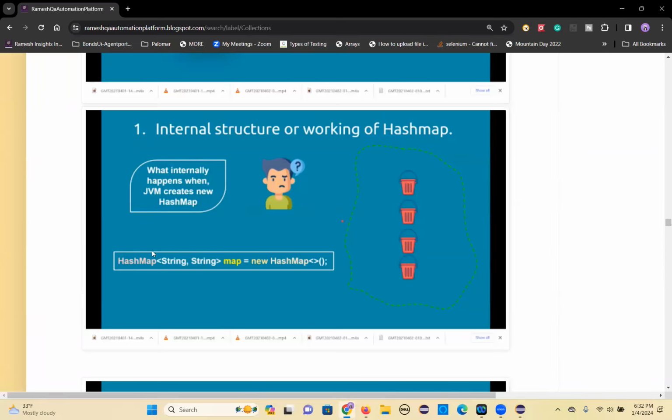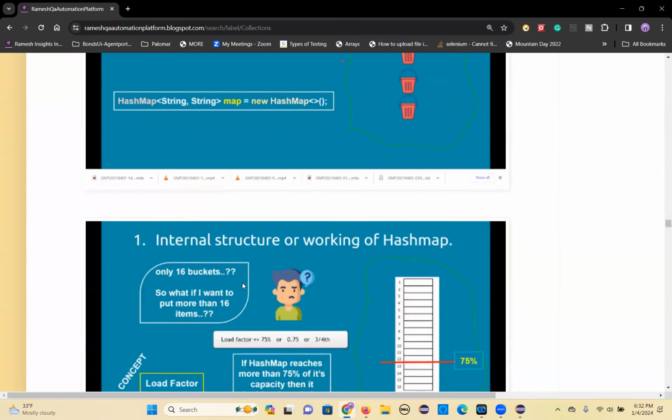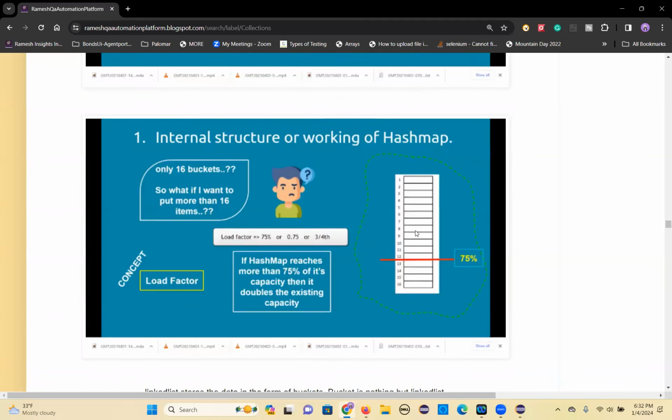When you create a HashMap, 16 buckets will be created in the heap memory, because this is an object, so memory will be created for this map. Initially 16 buckets. When three-fourths, 75%, of your buckets are filled,